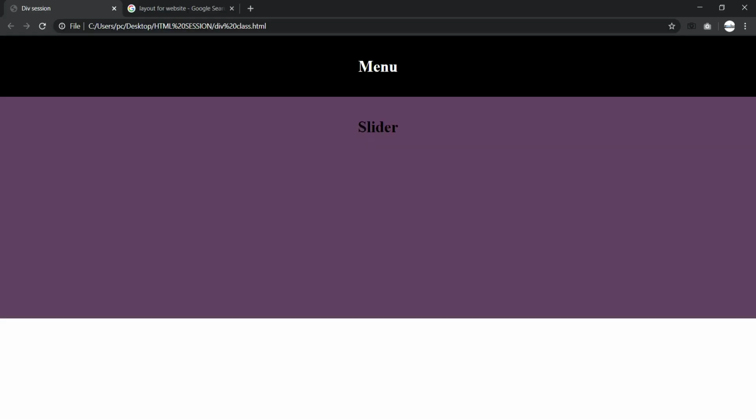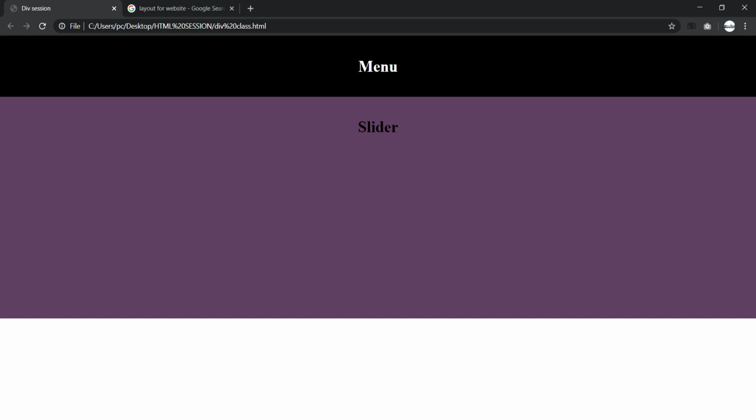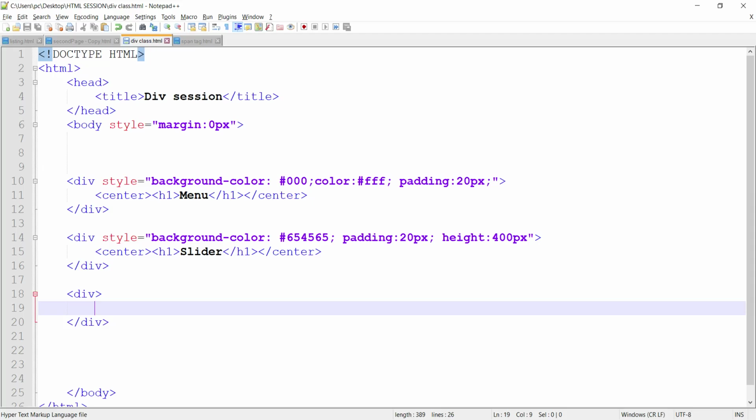So here we are going to create a nested div, because I am going to create 3 divs in a line. So these 3 divs I have to put in a bucket.